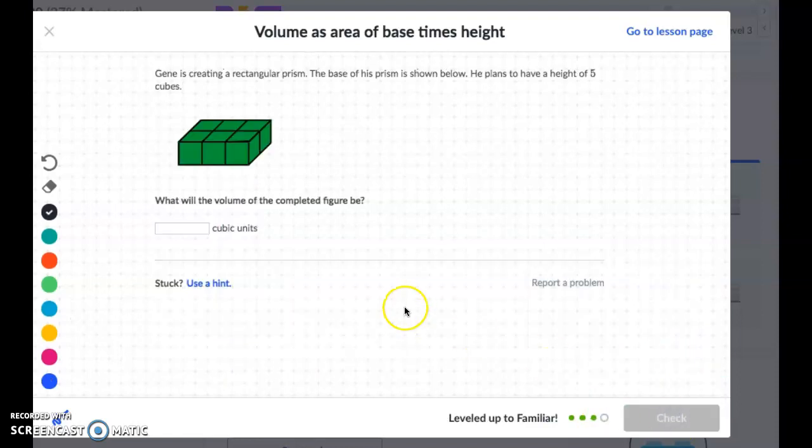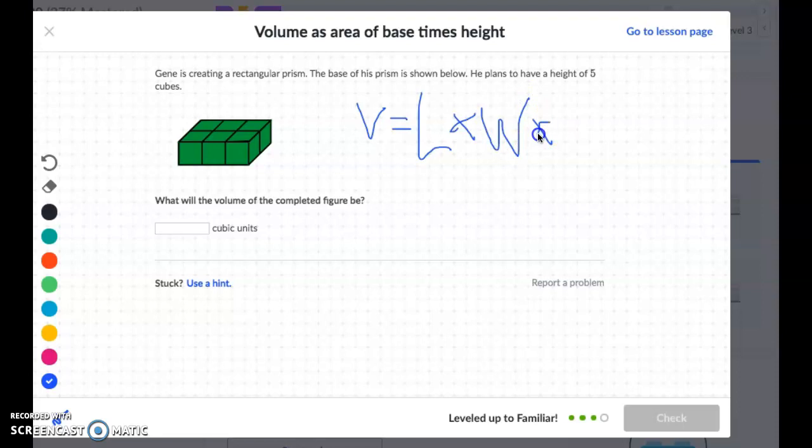Okay, last question in this section. Gene is creating a rectangular prism. The base of his prism is shown below. He plans to have a height of 5 cubes. Okay, so volume equals length times the width times the height. So our length is 1, 2, 3 times our width is 1, 2